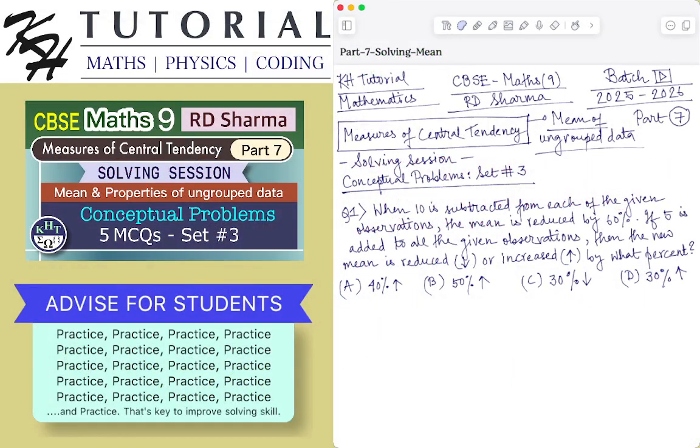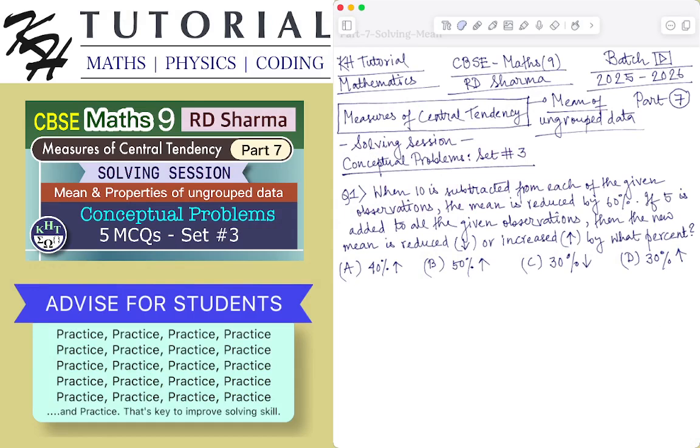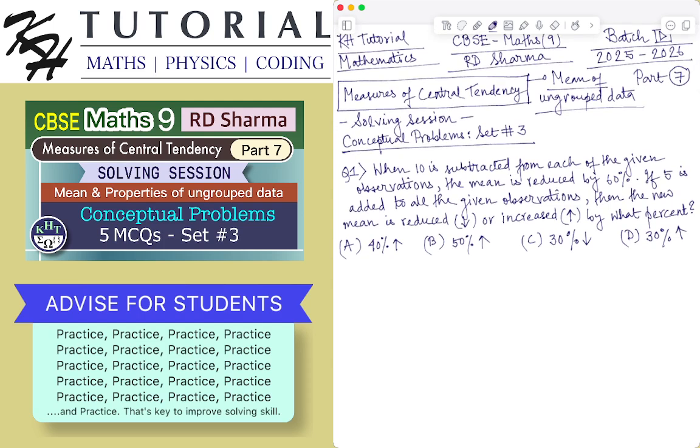Okay, so the first problem says that when 10 is subtracted from each of the given observations, the mean is reduced by 60%. If 5 is added to all the given observations, then the new mean is reduced or increased by what percent? Now we know that